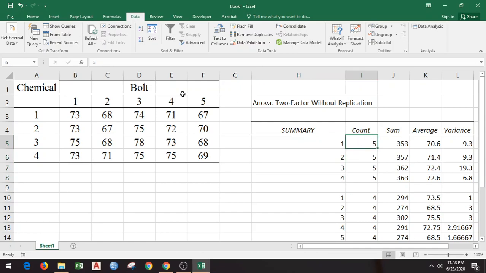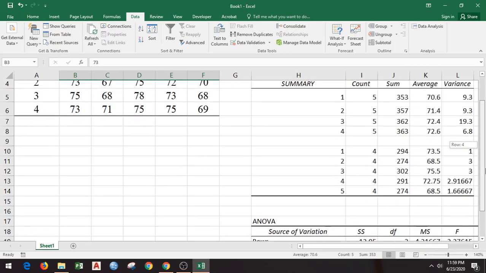So count 5, that means 5 experiments were conducted with chemical agent 1, right? 5 different experiments were performed. So total count 5. Sum of these observed values of tensile strength, which is 353. You take the average of these values, that is 70.6, that is given here, and variance 9.3. And similarly for the chemical agent 2 and 3 and 4.